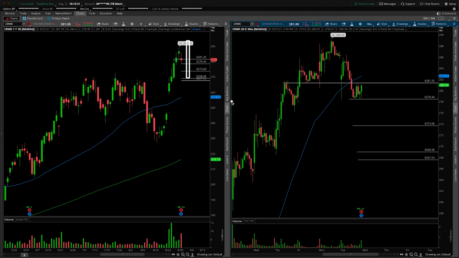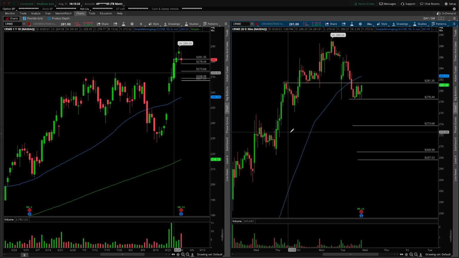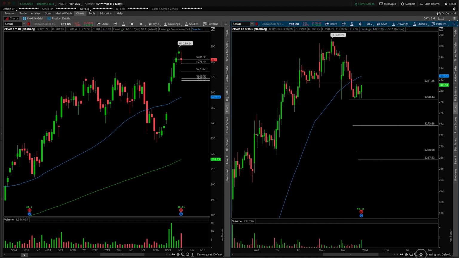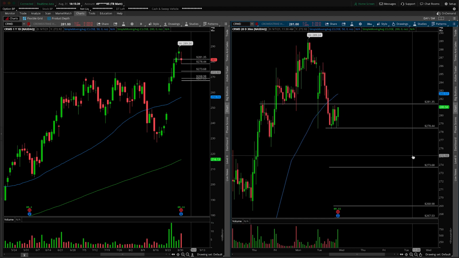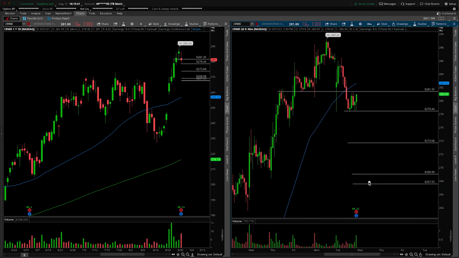Now, the flip side of this coin, of course, is the possibility for a gap and go, meaning that we move lower off of the open instead of the gap and trap for the move higher. And what that might look like would be something like this. It would be, if we open here, do something like this, consolidate, then we're looking for a breakdown of the overnight low at 267.53 as of right now, and we target the next major area of support from the daily